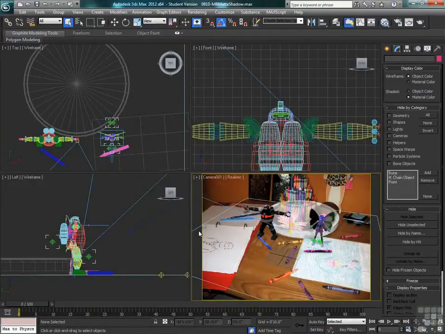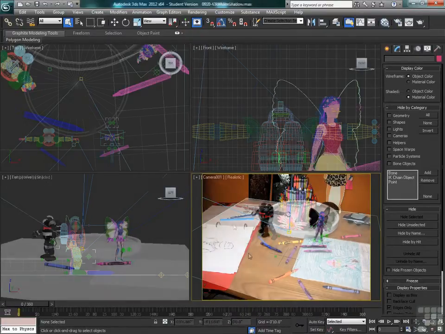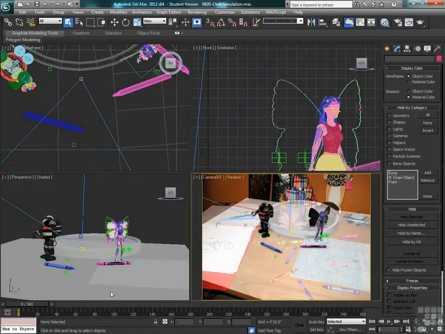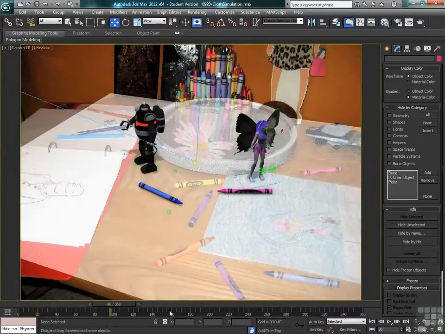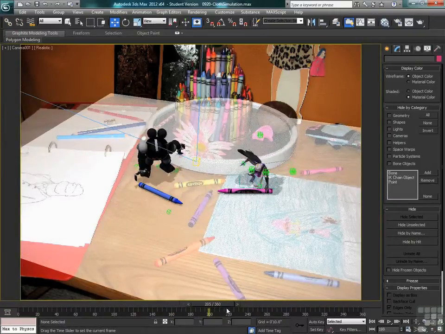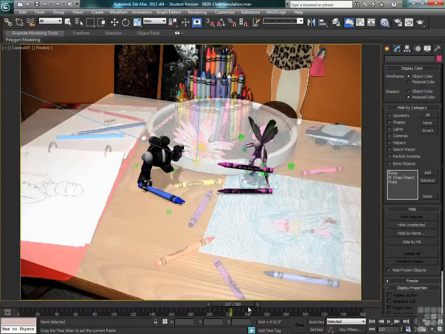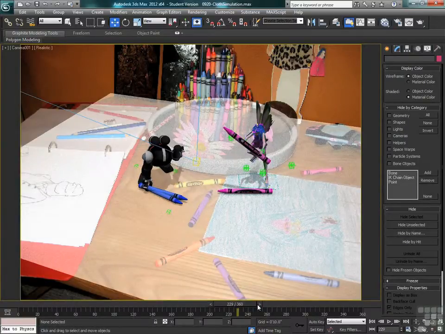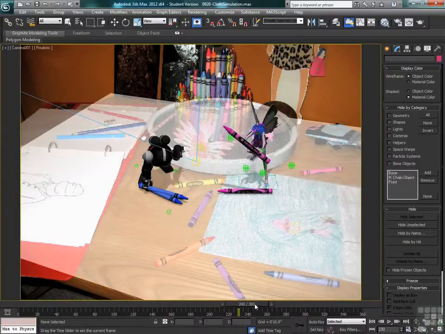We will look at matching our scene to an existing photograph, as well as being able to cast shadows and light sources onto elements within that scene to fake the kind of feeling of these two toys being on this table where the kids were coloring. We will go through the stages of blocking in the animation of these characters and then refining and fine-tuning that animation so that as we go, we will end up with two characters that begin a battle. Now, how the epic struggle between fairies and robots started eons ago, that storyline is up to you and why